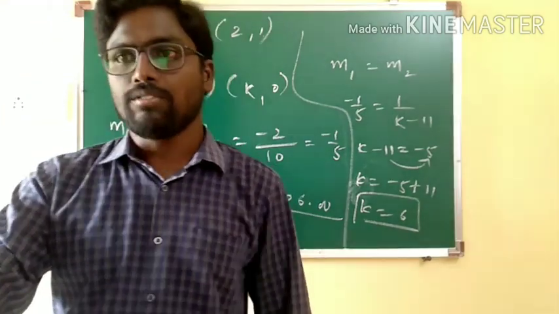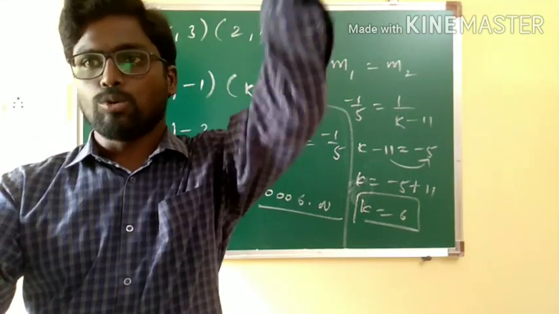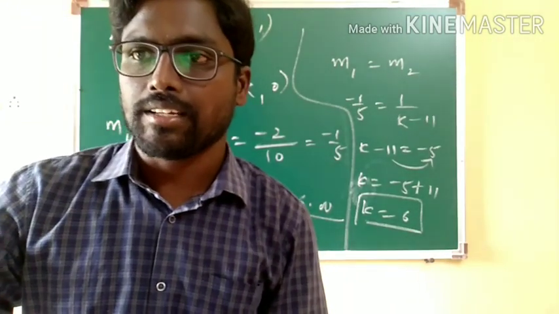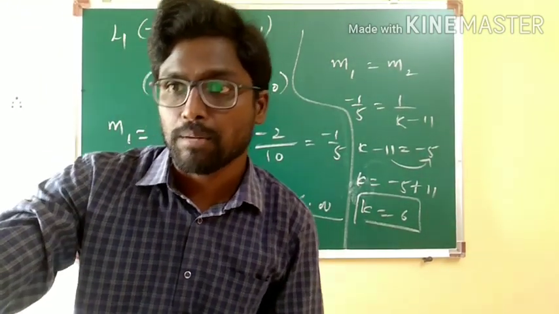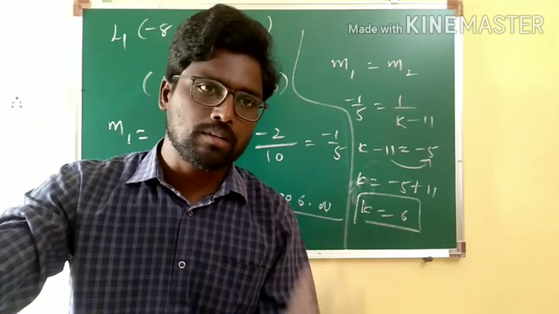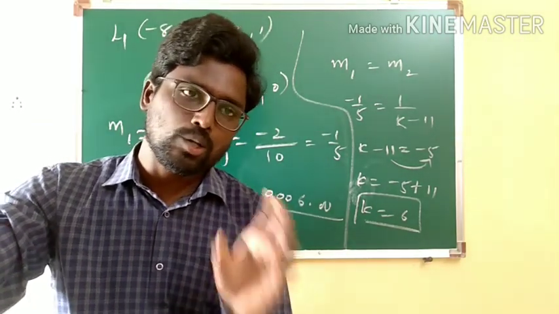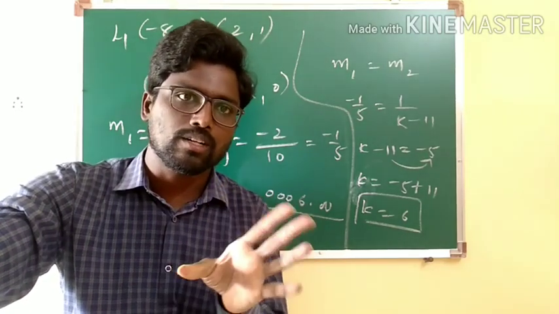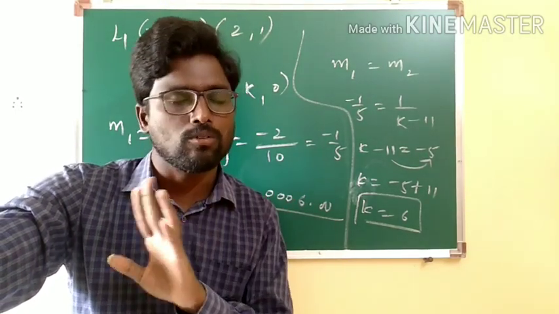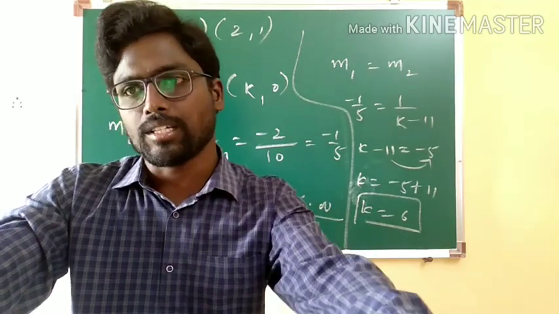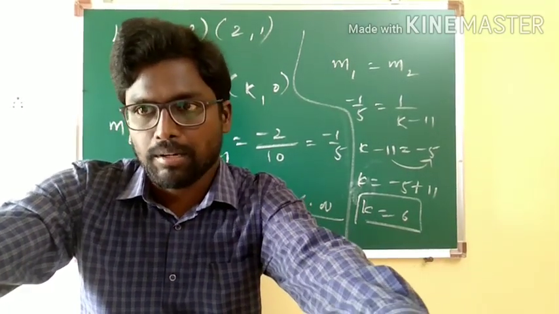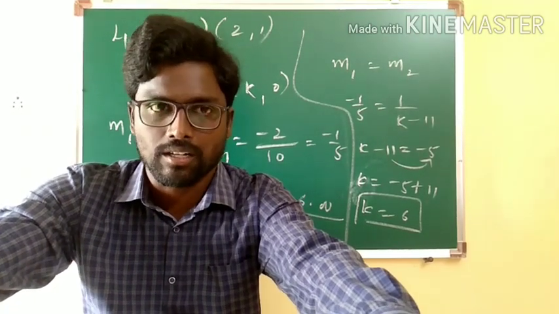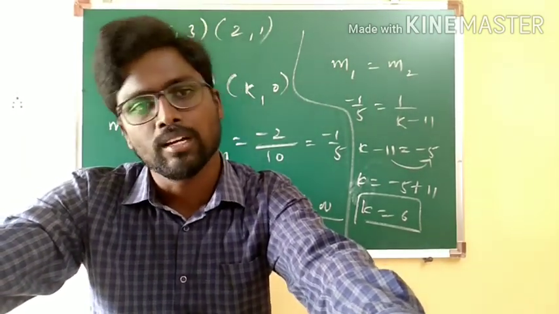See the next problem you have here: the area of the triangle whose vertices are a plus 1, a plus 1, a plus 2, comma a. I have told you a number of times, whenever you have unknown terms in the coordinates, just replace those unknown terms by some comfortable value, calculate it, and you will get it easily. Don't keep the terms like a plus 1 or a plus 2. You take a is equal to some 1 or minus 1 or 0, any comfortable value, and substitute in